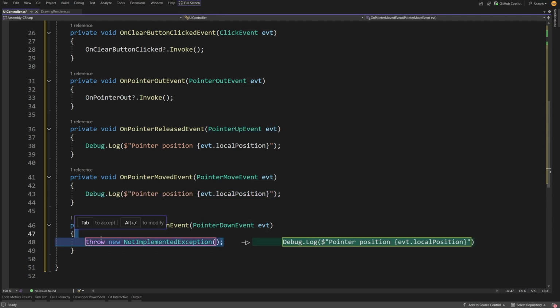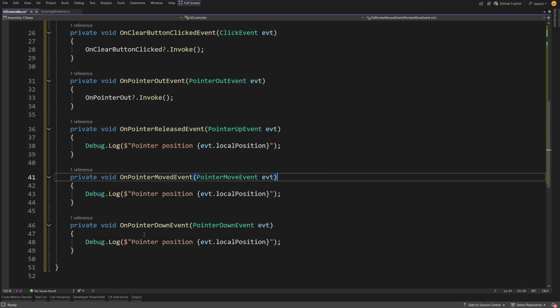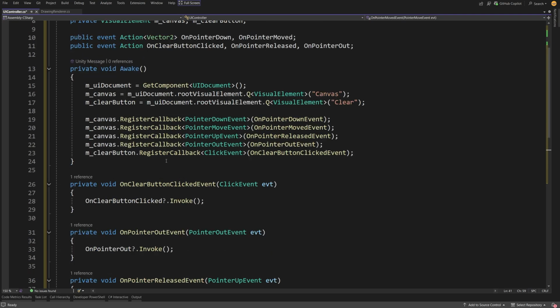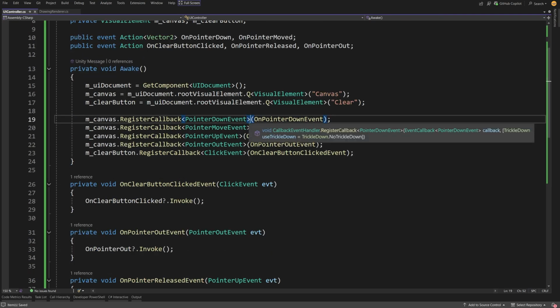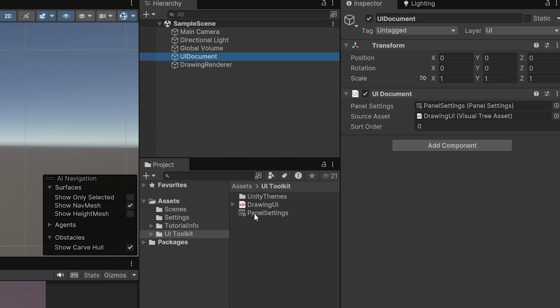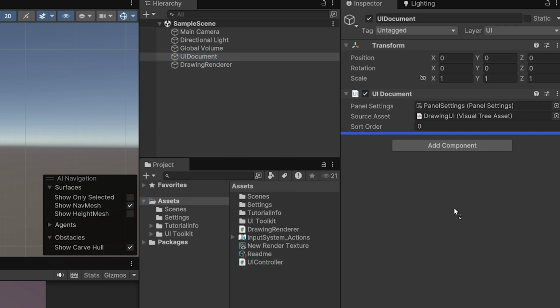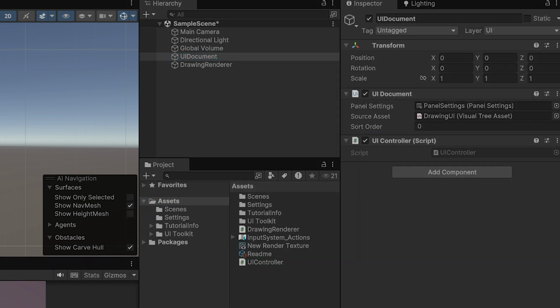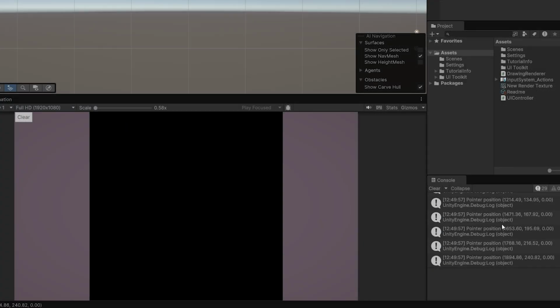And just to show you how it works, we are going to just debug.log in all of those 3 events that are already connected to our canvas. Let's save our script. Let's go to Unity. In the hierarchy, select your UI document and just assign to it the UIController script, and now press play. If your script is working, you should see debug.log values, but the interesting thing is that while in the top right corner the values are smallest, so we are going to go to the top right corner and the values are nearly 0 and 0, at the bottom right corner we are going to see that the values are actually